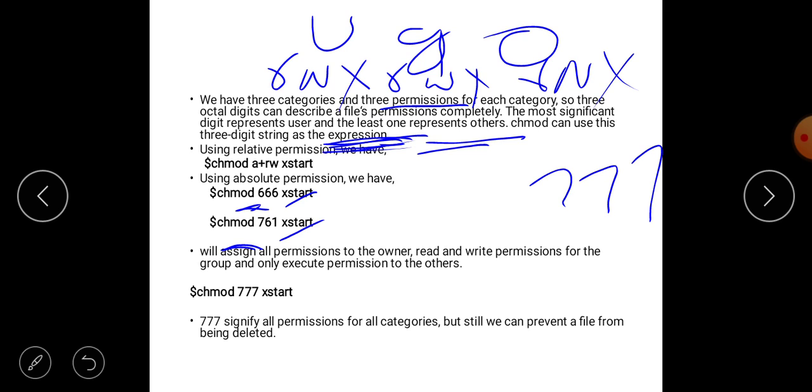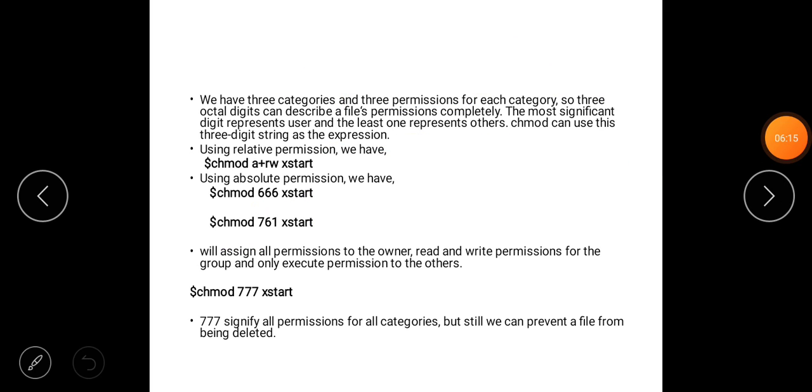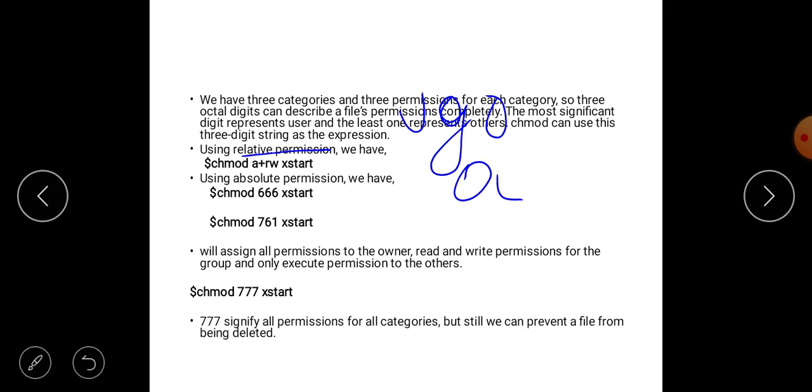Let's see an example. Using relative permission, we have chmod a+rw, where a represents all 3: u, g, o.